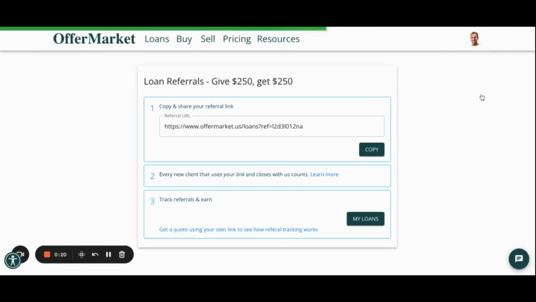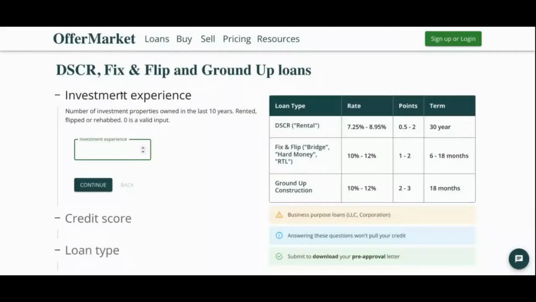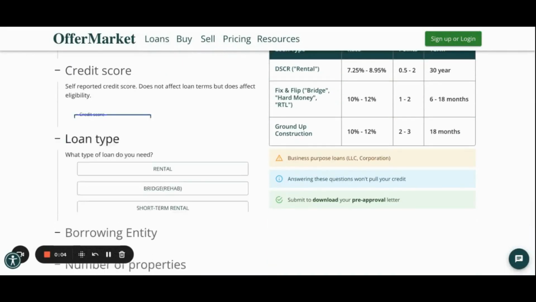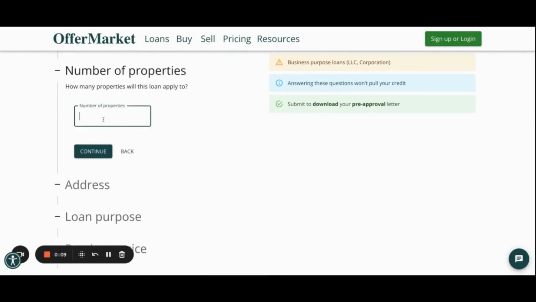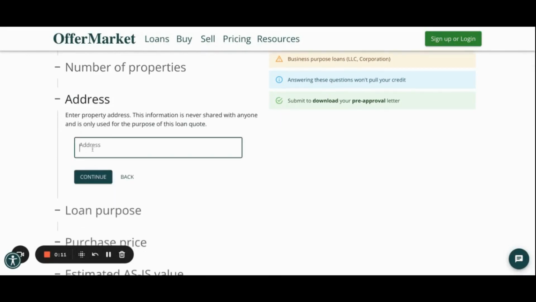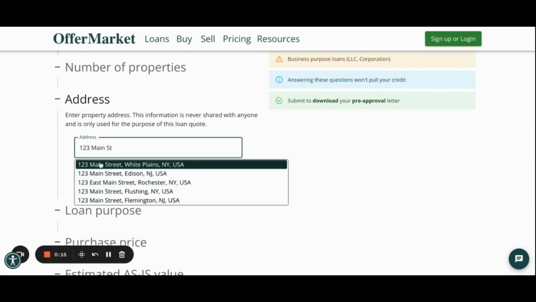offermarket.us/my/loans. You will be prompted to sign in or create your free account. Click the button to generate and copy your referral link and share it with real estate investors looking for DSCR loans and fix and flip loans. They'll get a $250 lender fee discount on their settlement statement, and you'll get $250 in cash or credits once